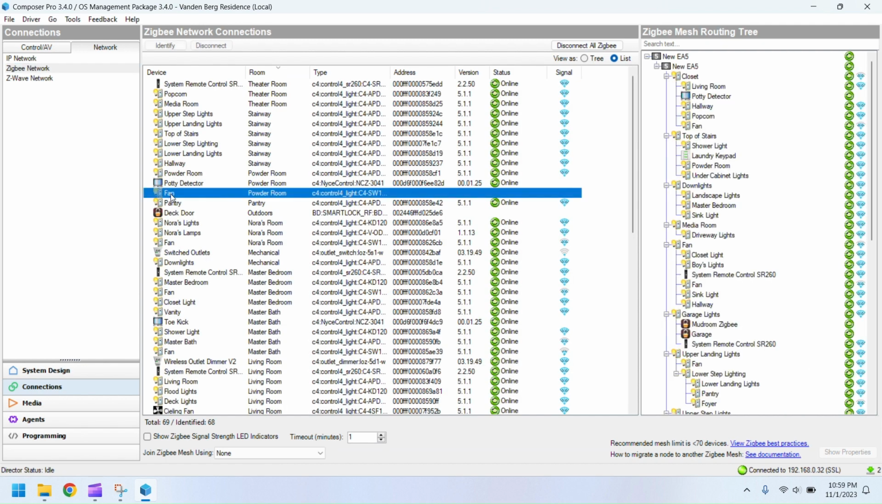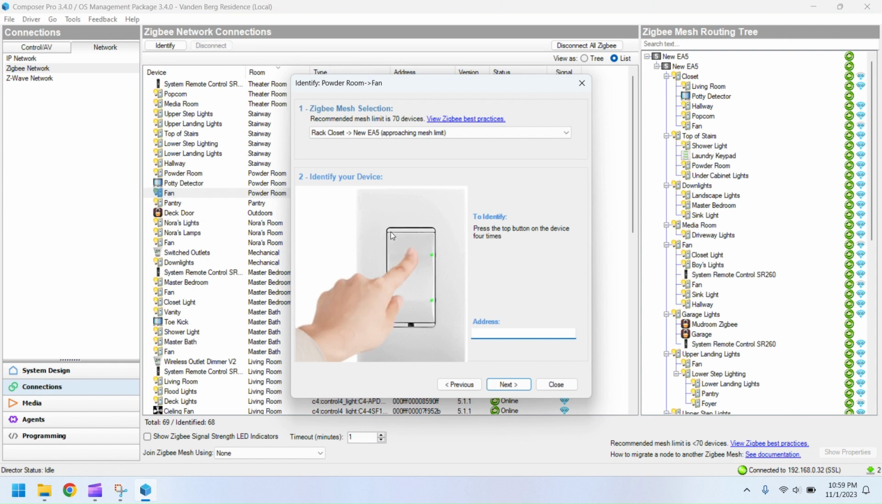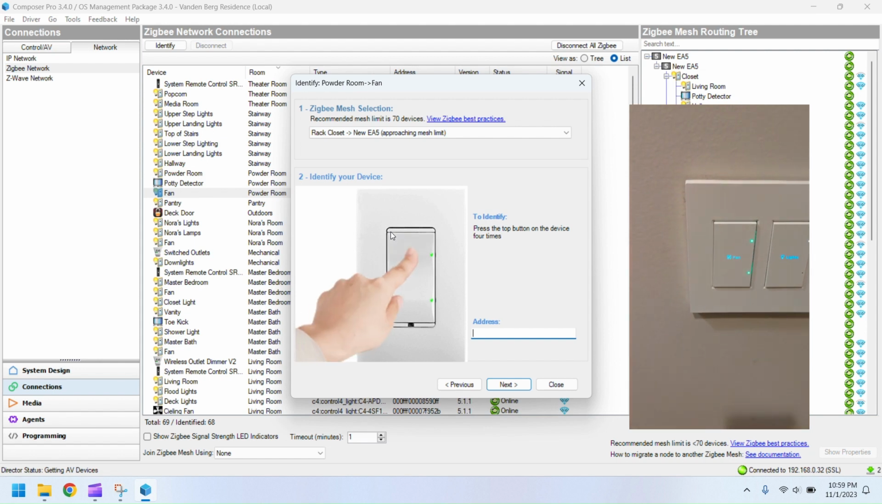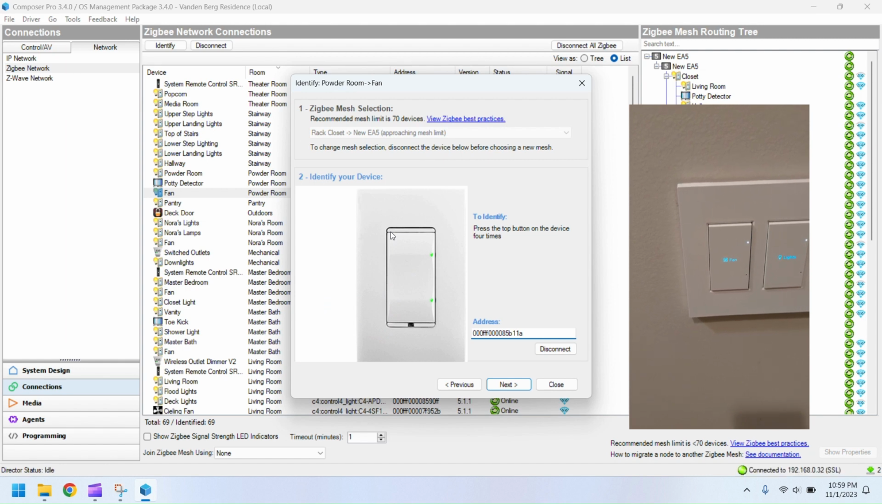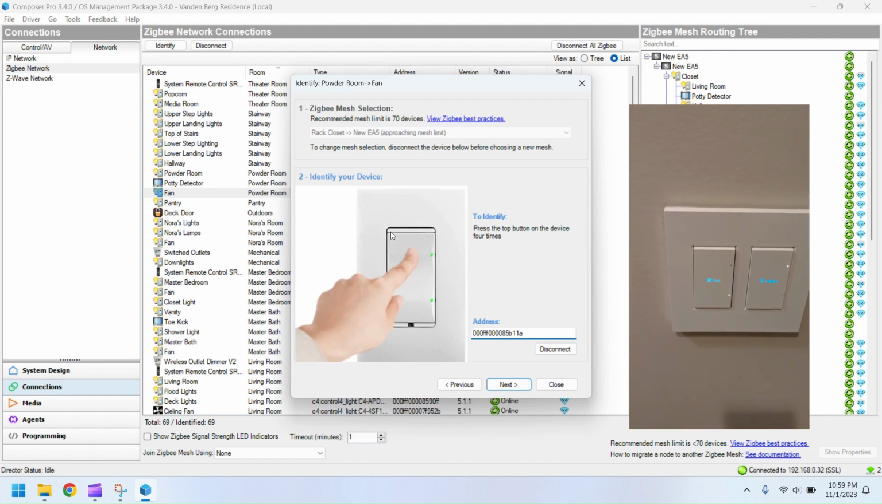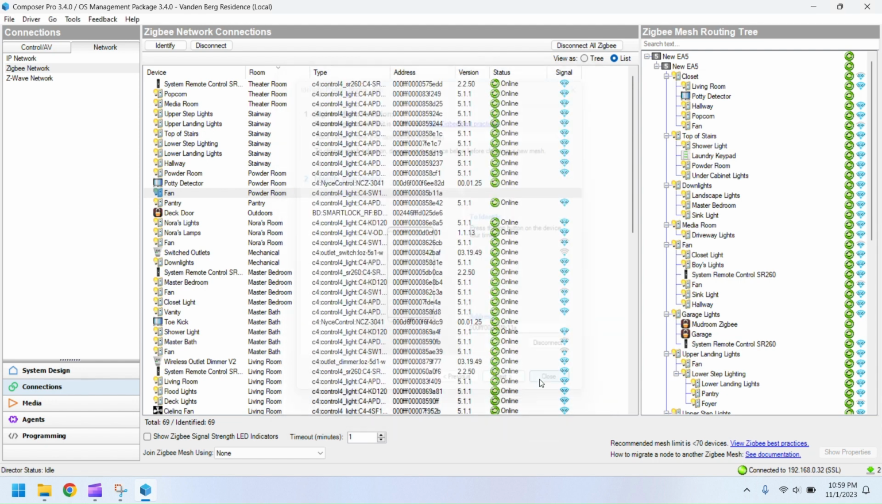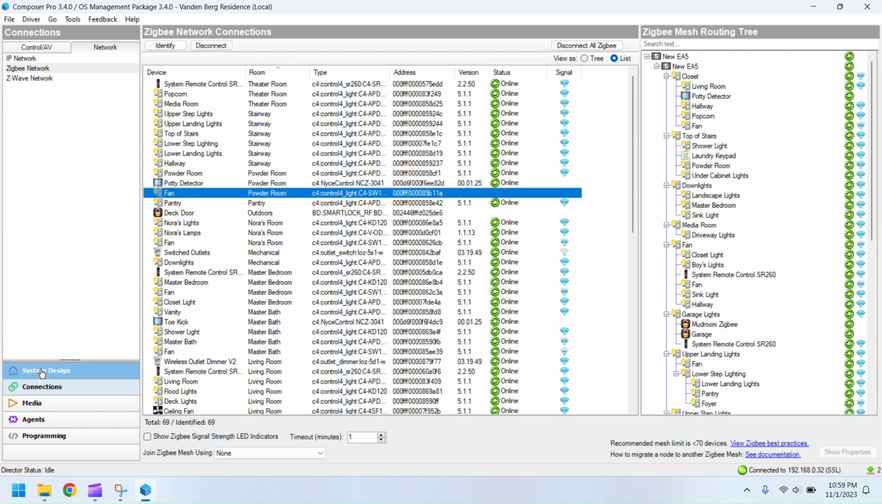So double tap, and we'll identify the device. So now that the device is identified, we're going to close this, go back to our system design,